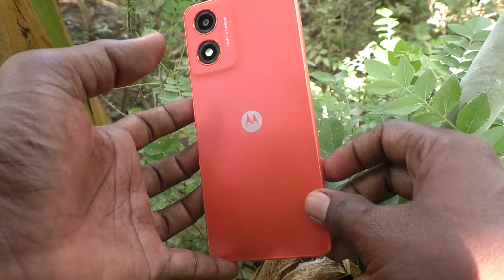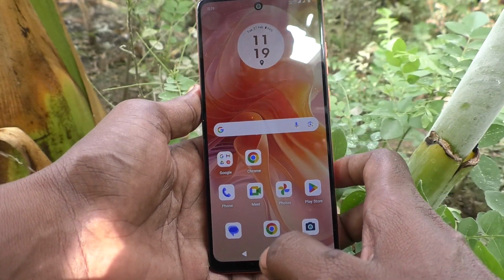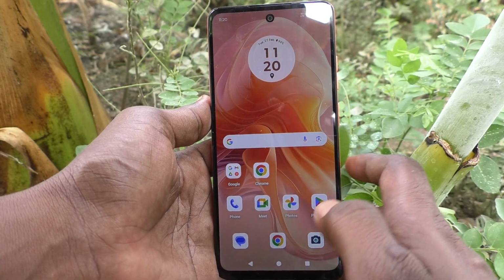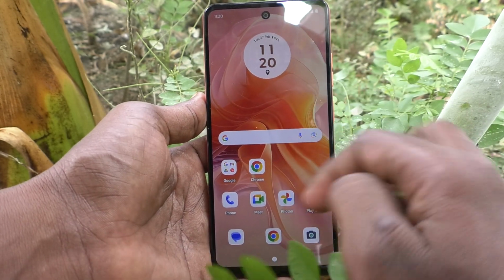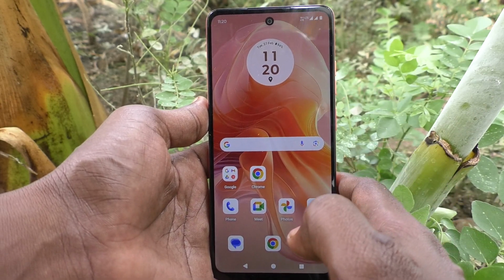Here is Moto G04 smartphone. In this video, you will learn how to set home screen rotation in your phone Moto G04. This is home screen. If you would like to rotate this home screen when your phone is rotated, what you